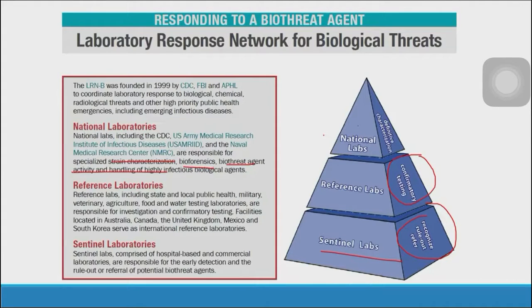So usually, dun sa previous question, since ang sinabi, they are handling suspected bioterrorism agents and they are performing biochemical tests, we can conclude na yung tinutukoy doon na system ng LRN is actually Sentinel Laboratories. So again, ang purpose nila is to recognize, rule out, and refer. Okay? So, ano naman yung protocol ng LRN with regards to both Francisella and Brucella? Since yun yung dalawang organisms na associated dun sa question.